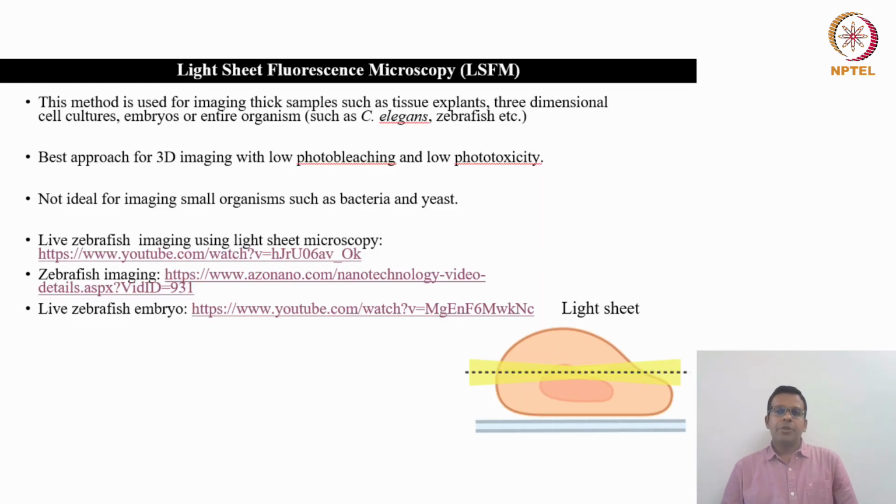So you can just appreciate the power of this light sheet imaging so that you can image the entire organism like C. elegans, zebrafish in 3 dimensions, even in 4 dimensions and 5 dimensions also. Okay, so you can do the Z-stack imaging using this light sheet microscopy. Only thing is every time this light sheet will also move up and down along with your illumination plane.